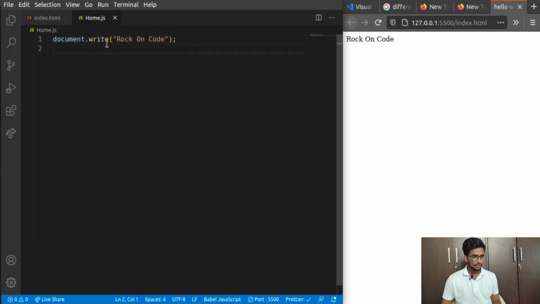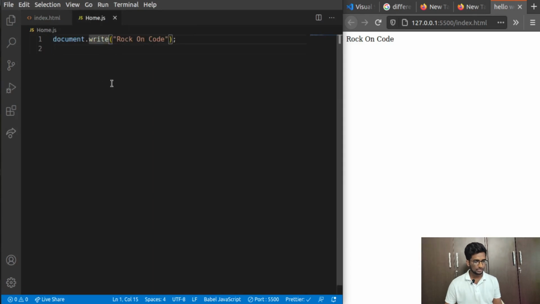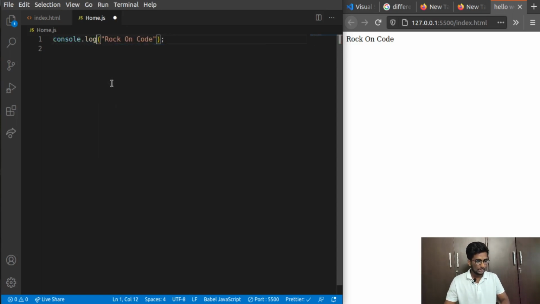And there is another way to run this code. This is the second method, where you can run your JavaScript code by embedding the source link like this. And in order to run another, you can see I'm just going to change this one. I'm just using the console.log function. And if I run this function, I'm unable to see it here.